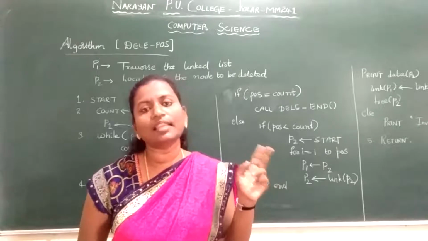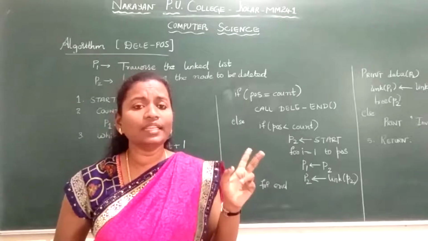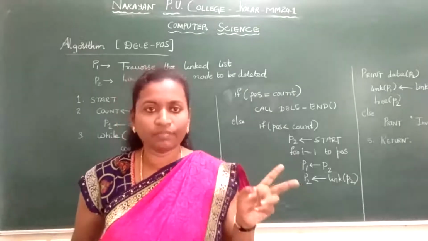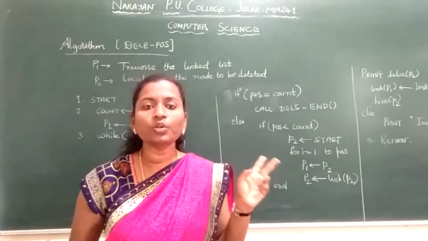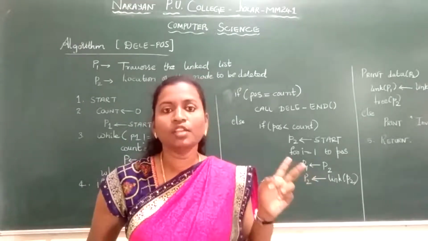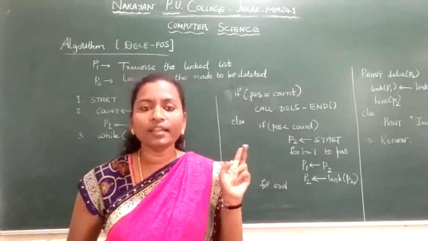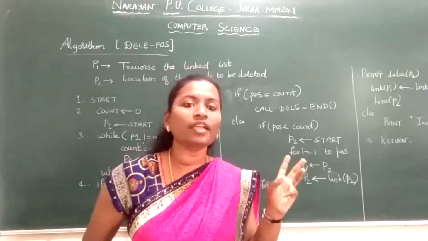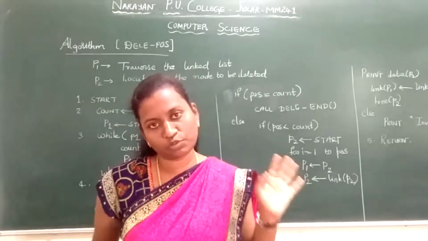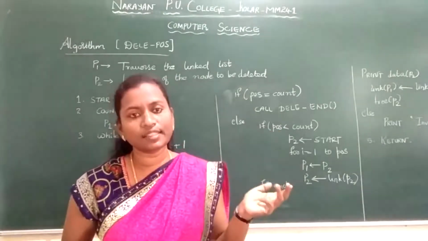In the last class we also saw how to delete the given element in the linked list. There also I discussed how to delete the element in the beginning. In today's class I will discuss how to delete the given element and how to delete the element at the given position. For that you should know how to delete the element at the end and at the beginning. By implementing these two, with only a few lines of algorithm and code added in between, we can delete the element at the given position. So I discussed two algorithms in the revision classes.